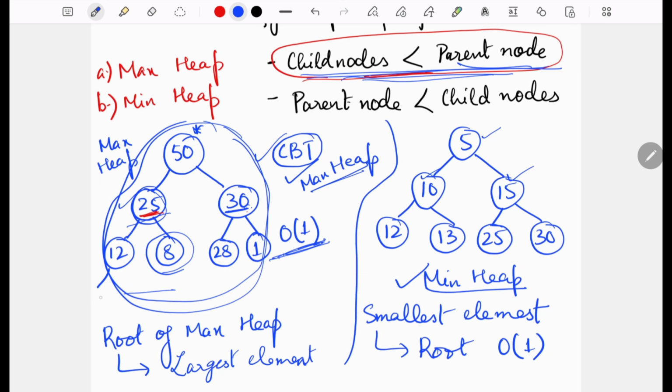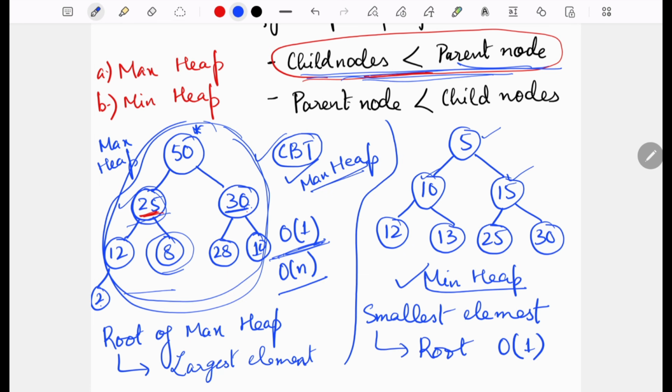Also I can have a small element here. So this is 10. I can have the smallest element here also. So basically, the time taken to access the smallest element in a max heap of n nodes will be big O of n.